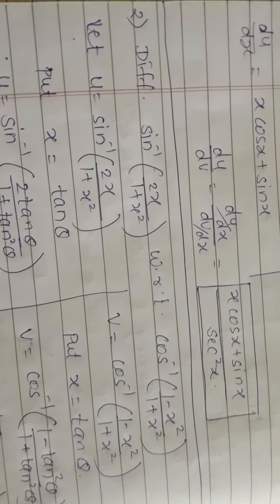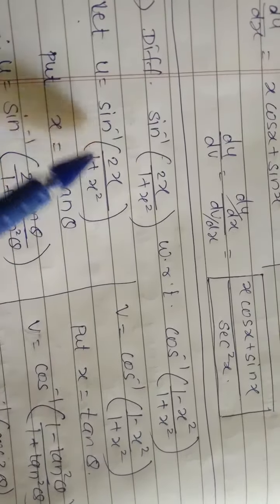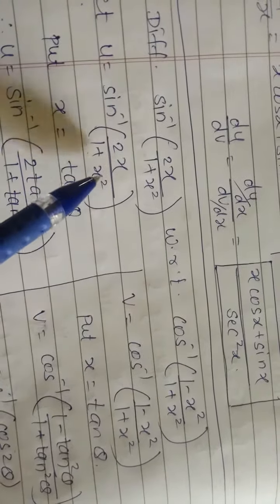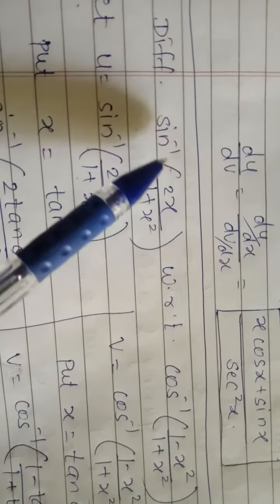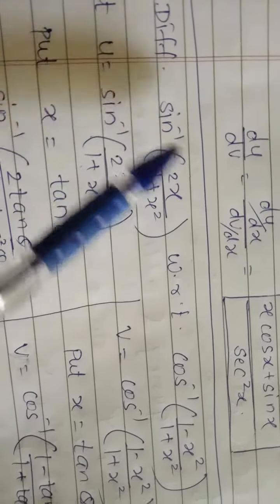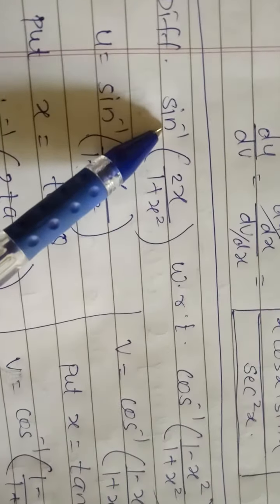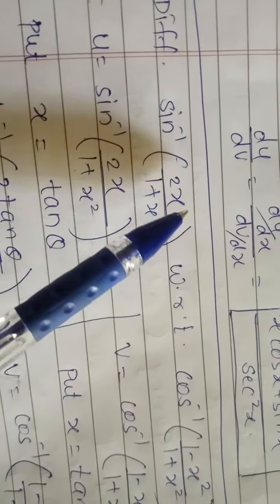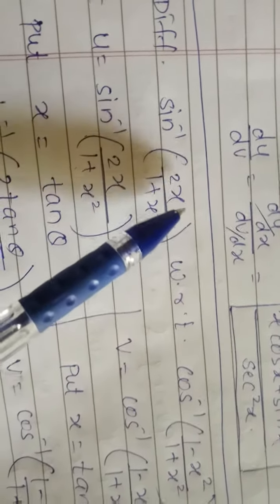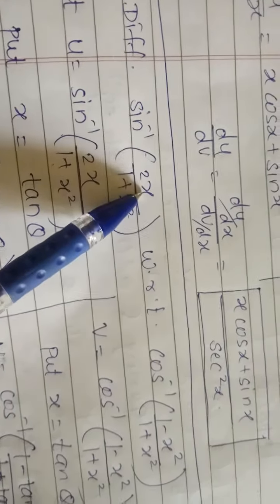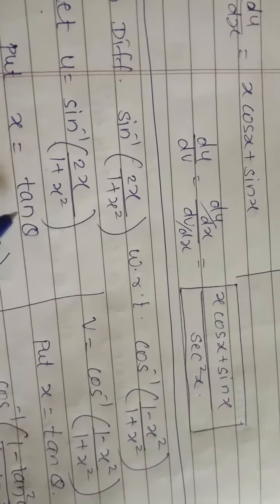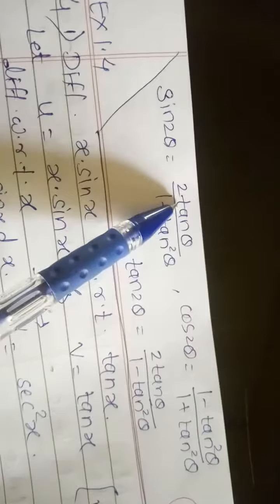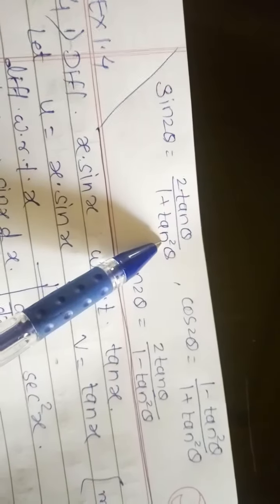So we consider here that u is equals to sin inverse 2x upon 1 plus x square. तो सिंस यहाँ पे हमें दिखाई दे कि आउटसाइड द ब्रैकेट देयर इज अ साइन इनवर्स, तो अगर हमें आंसर फाइंड आउट करना है तो ब्रैकेट के अंदर भी हमें साइन ही लाना चाहिए. सो यहाँ पे जो x है, x के लिए हम कंसिडर करेंगे tan थीटा, बिकॉज हमने जो फॉर्मूला पढ़ा था दैट इज साइन 2 थीटा इज इक्वल्स टू 2 tan थीटा अपॉन 1 प्लस tan स्क्वायर थीटा.